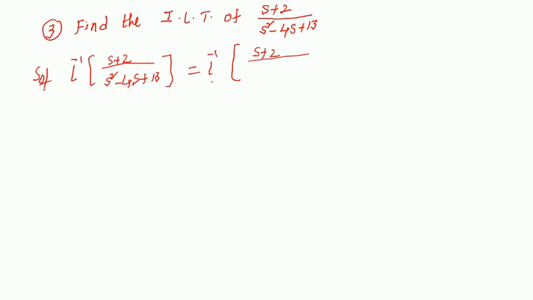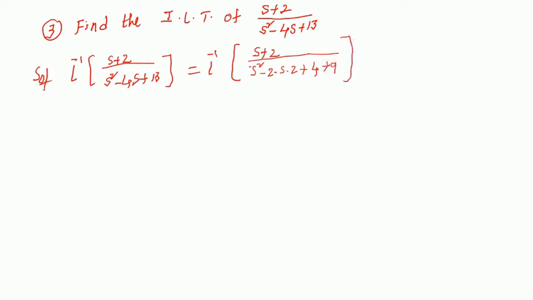Is it possible or not? You can check it. How can I write this? I can write this one as s square minus 2 into 2ab. Here s is there, right? s into 2 I can write. What happened here? 2 into s into 2 means 4s you can get. Plus here 2ab: a means s, b means 2. Next, what do you want? b square. b square means 4 we want. I can write this 13 as 4 plus 9. I can write 13 as 4 plus 9, right?